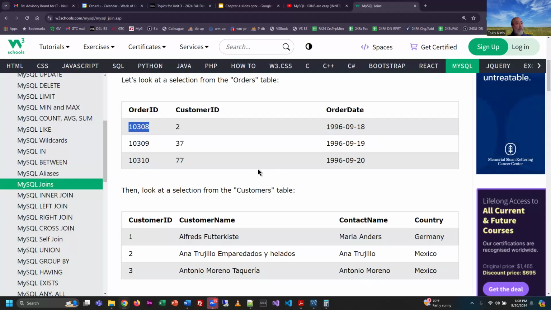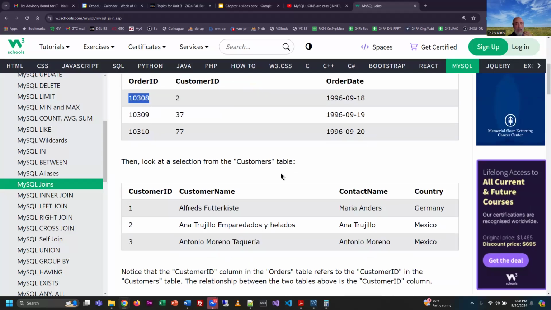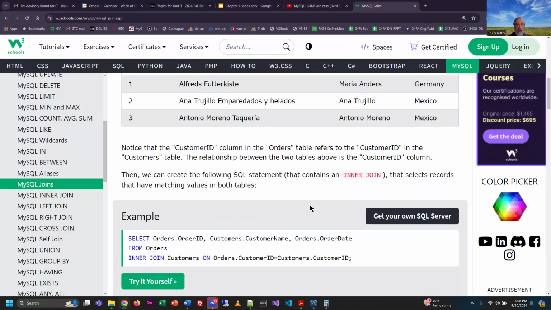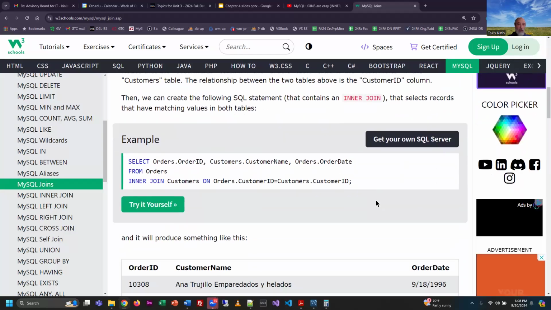Here comes the thing. Where's the order information? Well, that's the order ID. That's in a different table, and that might be called invoices. In the customer table, I have the customer ID, the name, contact name, country, whatever demographic information you have. And then if I do what we call a join, and this is a real basic join, by the way,